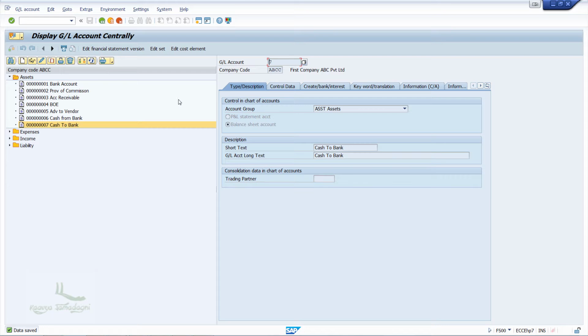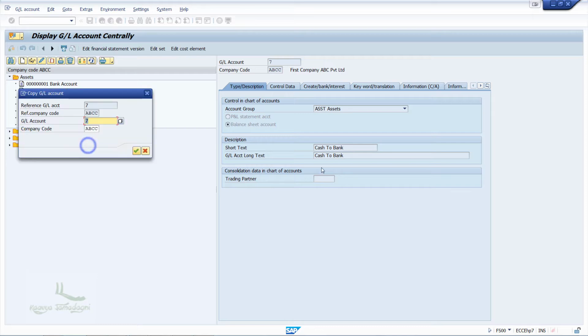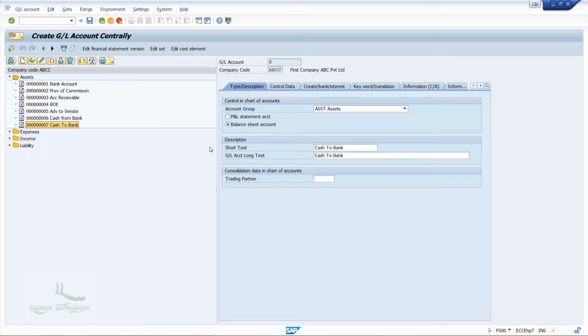Here, we need to create one more account that is cash account under asset. For that, I'll just copy the existing cash transfer to bank account and rename to cash account. Since I copied from the cash transfer to bank, I will verify whether all the fields match our requirement.